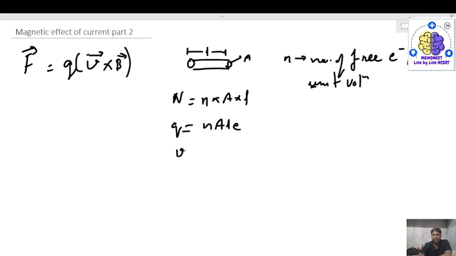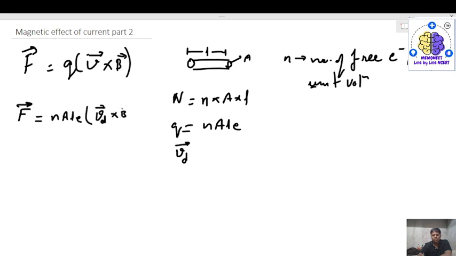And the electrons will be moving with the drift velocity Vd. So the force on the electrons flowing in a conductor when placed in a uniform magnetic field will be n A L e, this is Q, into Vd